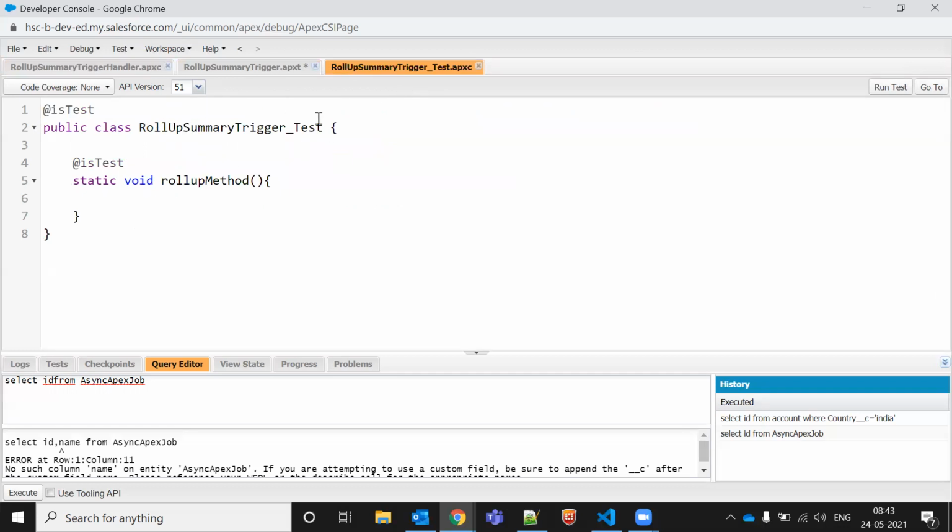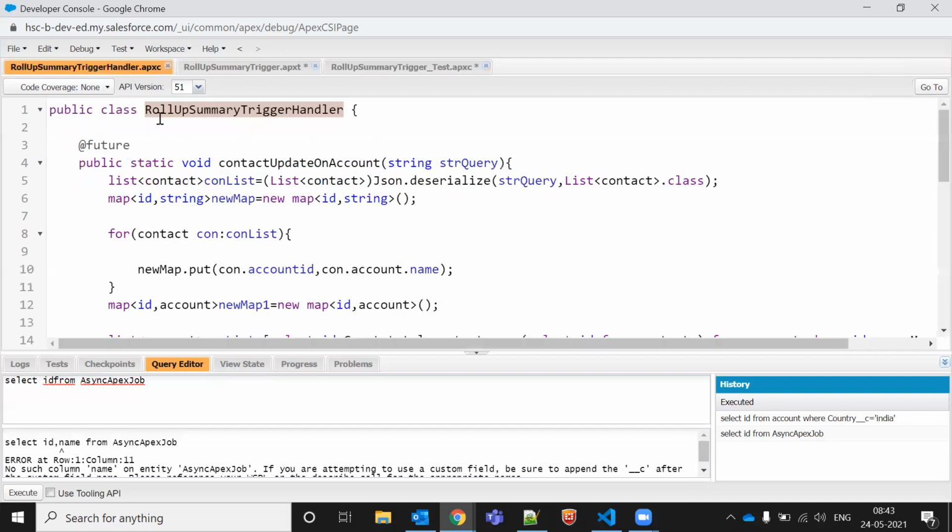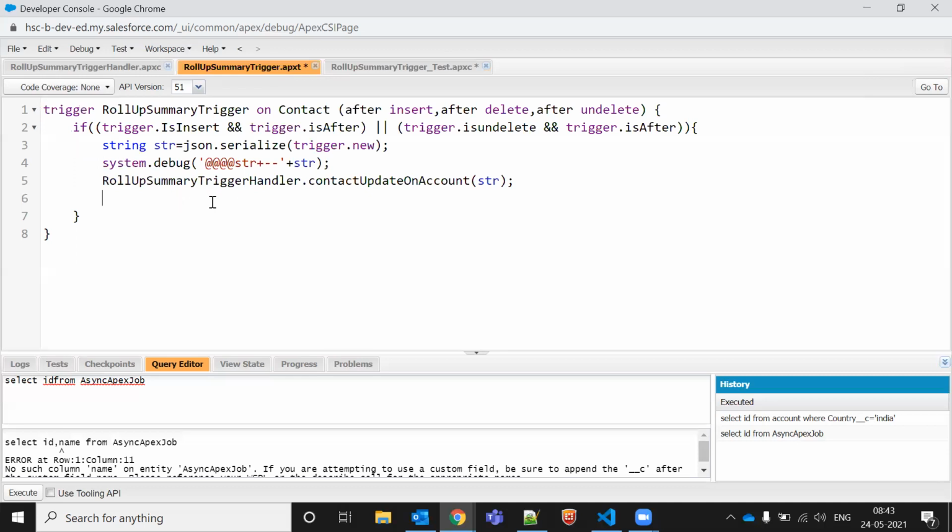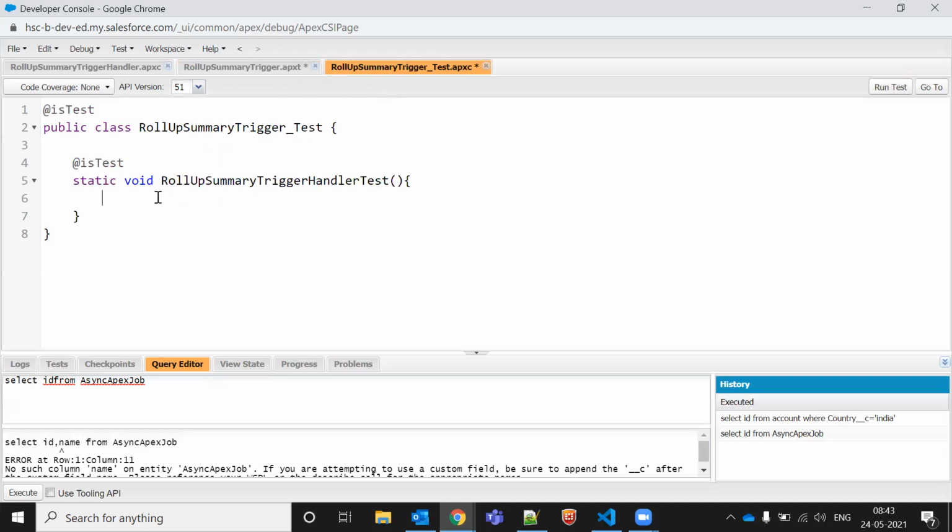So we can write like this only. This is a helper class with a method for this, so let me just call the class name. Where is the student test class?